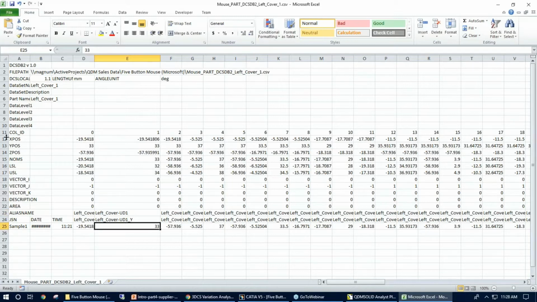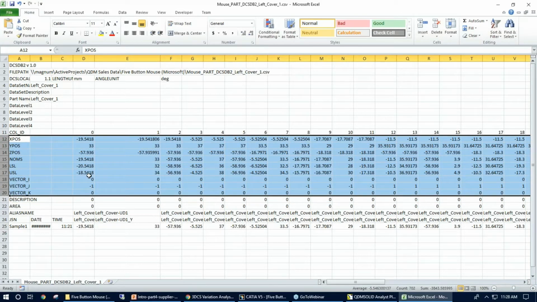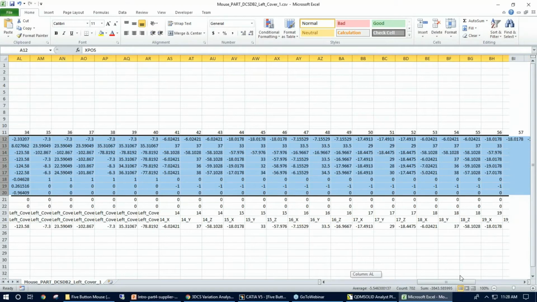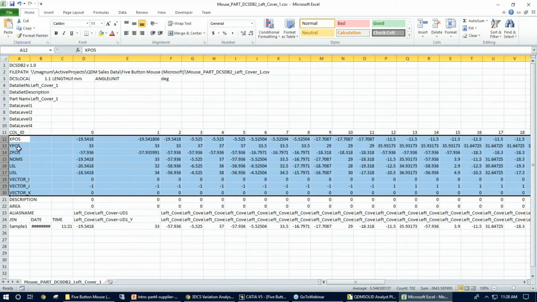This portion of the file, with the XYZ, nominal, spec limits, IJK, can be exported or copied for the CMM operator so they're not typing in. In this case, it looks like we have 77 points and 9 different columns. So instead of the manual operation, we have everything in one place, making it easier to share and